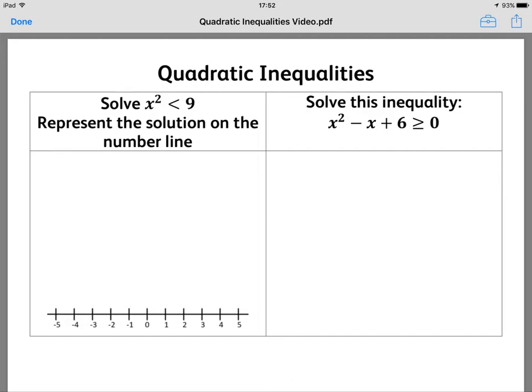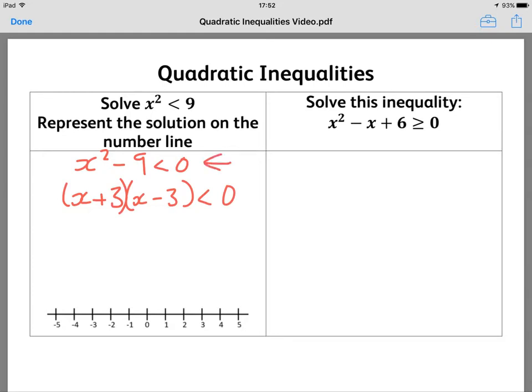Okay, we're looking at quadratic inequalities here. Now, this first one looks pretty easy to solve initially, but you just need to be a little bit careful. Personally, I would probably do this, and then that factorises to x plus 3, x minus 3. Then with inequalities and graphs, it's asking which part,